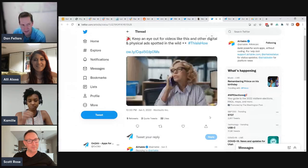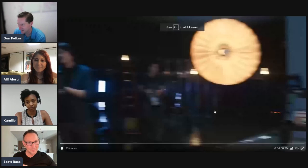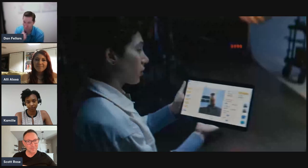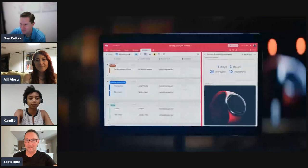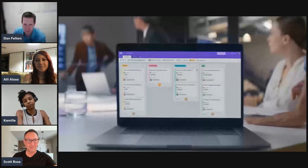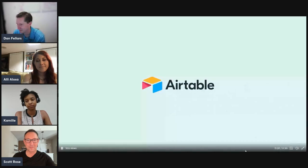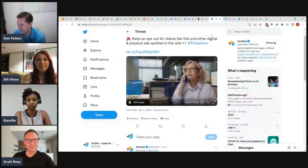can you transform the way you work? Kind of. How can you break down the barriers that leave teams disconnected? Organize all your workflows, data, and people in one place and respond to new challenges at a moment's notice. How can you create a system to take you from what if to we will to we did? This is how. Airtable. How can you transform the way you...